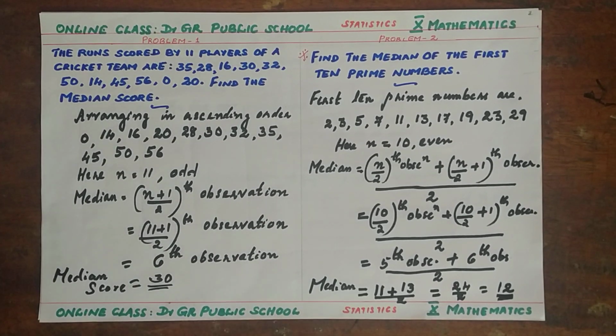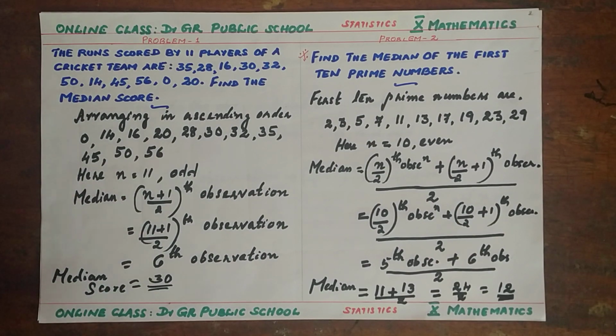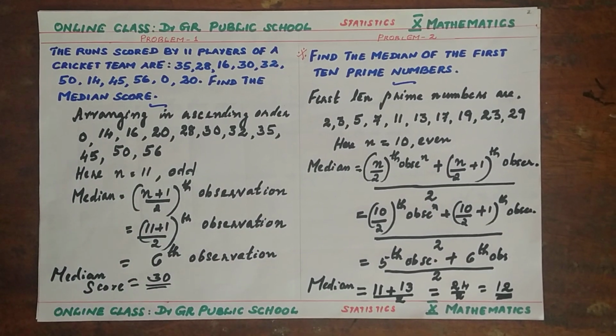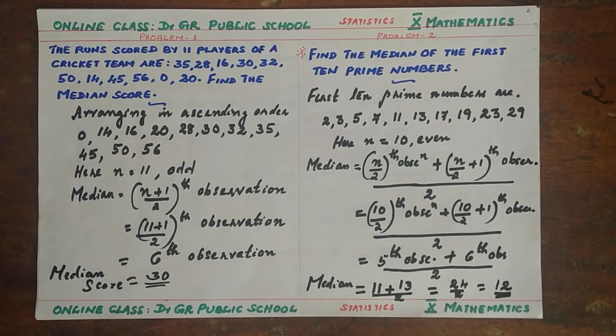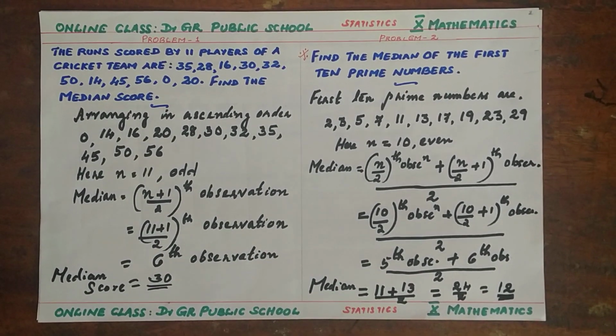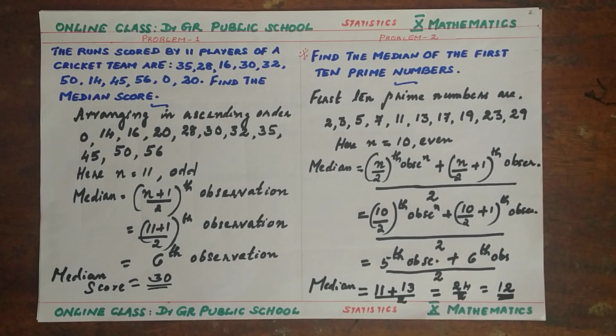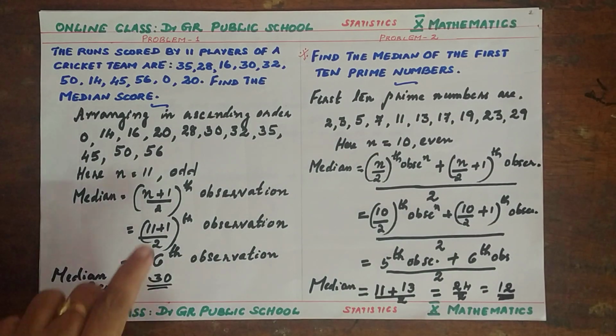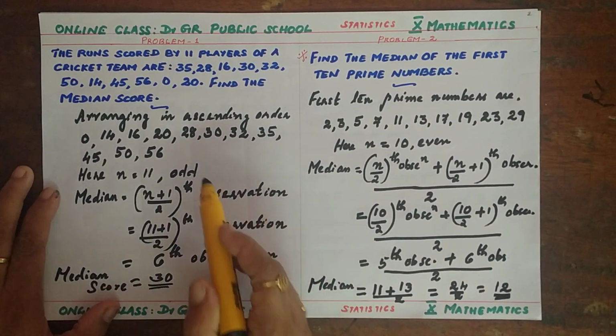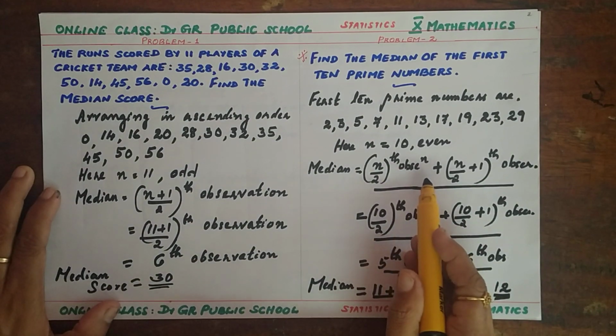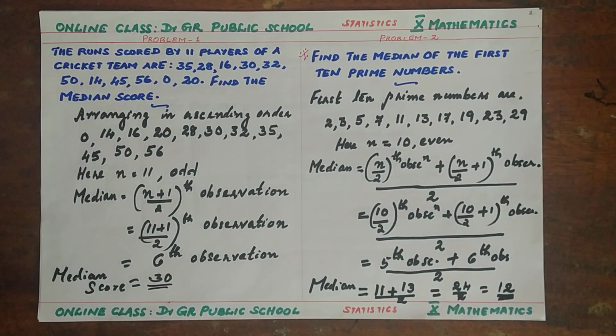Any doubt? So this is the formula you need to apply. Why? Because when n becomes larger, you study this formula. This is the basic formula given in the NCERT textbook. Sometimes you may be given a 1 mark question, and you can use the direct method which you studied in class 9th. But if you are asked a 2 mark question, you need to write the necessary steps for writing the formula. You have half or 1 mark based on the evaluator. So study the formula. Median equals n plus 1 by 2th observation when n is odd, and n by 2th observation plus n by 2 plus first observation when n is even. So 2 formulas are there.